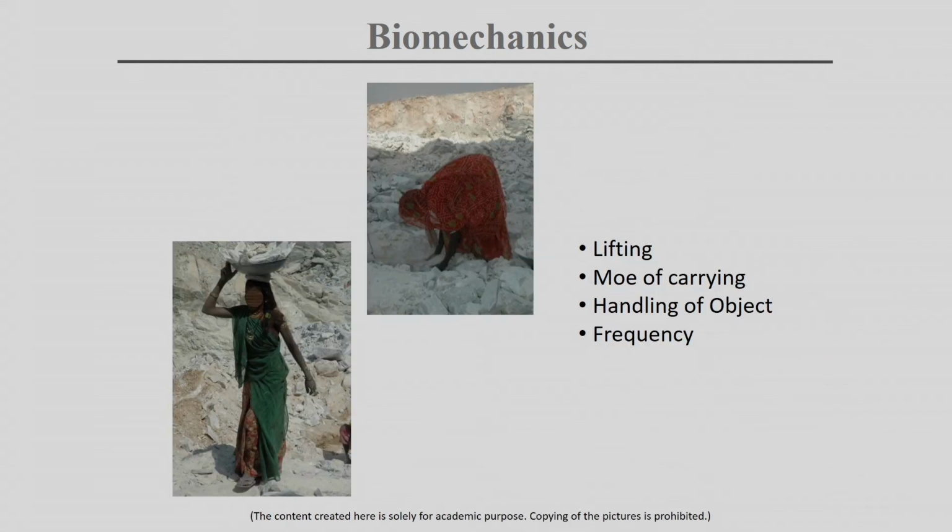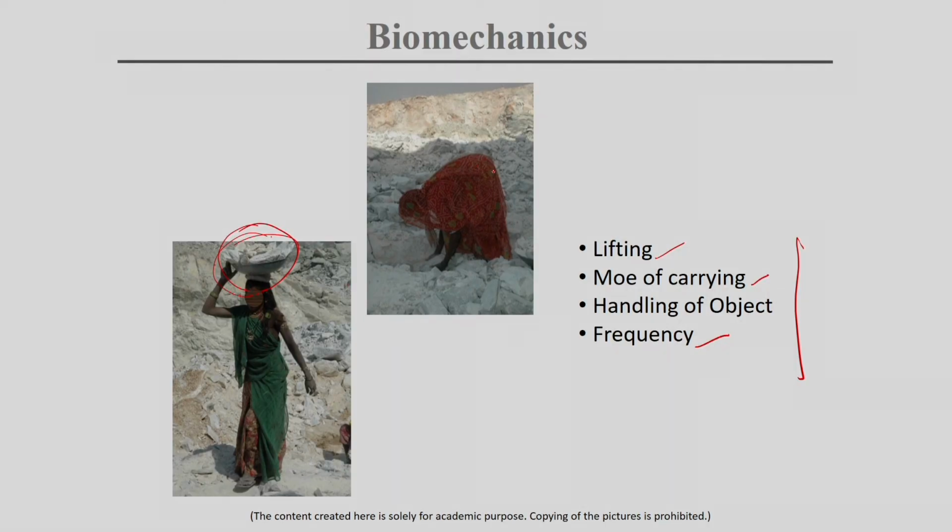So next, we have discussed right now what issues we should think about when we are designing something. What is the lifting, what will be lifted, the mode of carrying, how the object will be handled, and the frequency, and another thing is the time, meaning how many times. These are a few important factors when we are designing for an object that can be handled. It can be some very heavy object, a carton, or something like a barrel, that will be transported from one place to another. These things should be noted.